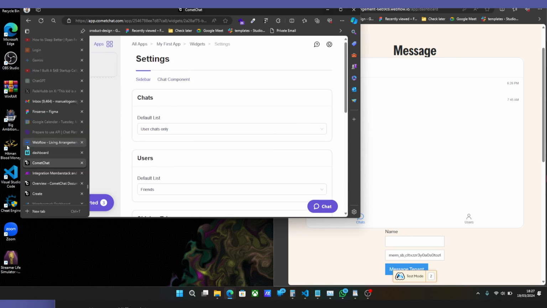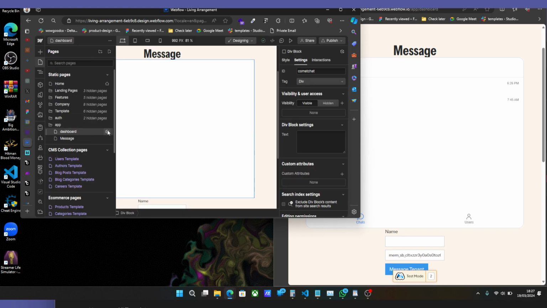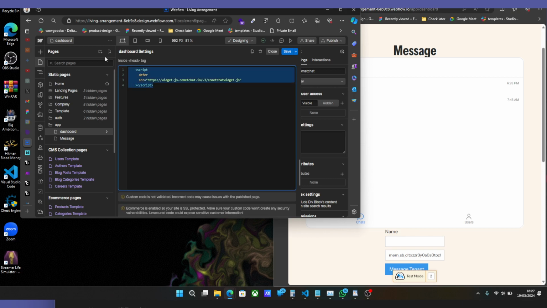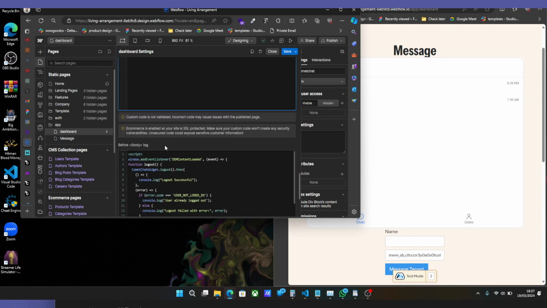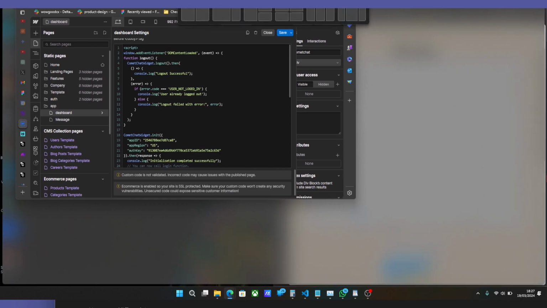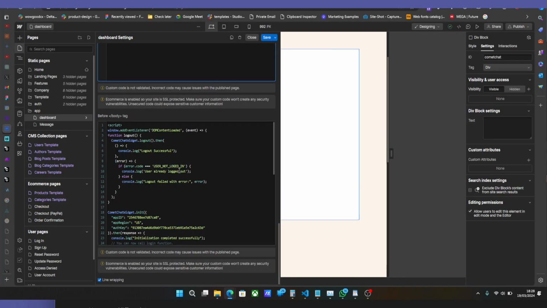And now let's talk about, once that is done, the way you can add this is head onto your dashboard. You could paste this script in the head of your page, like your page settings, or right on the page where you need it, right? And right here you could also see this particular script. So let me open this again. Now this particular function here is logging out the user. So when the Memberstack user logs in, we are logging in the user, like initializing CometChat. But the moment they log out, we want to log them out as well,